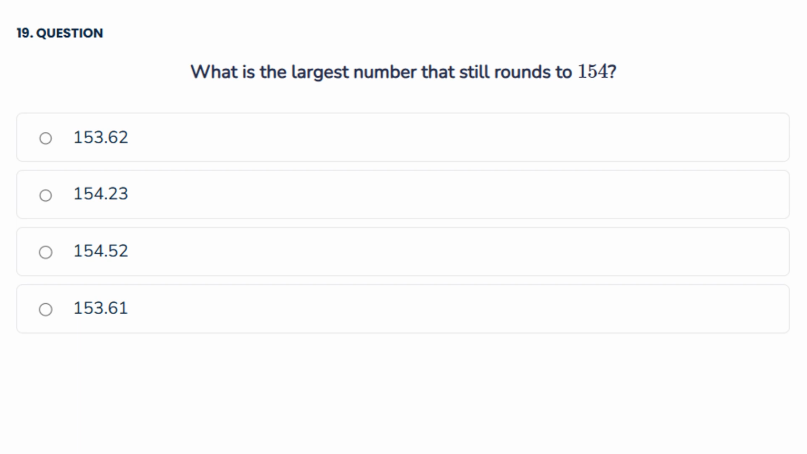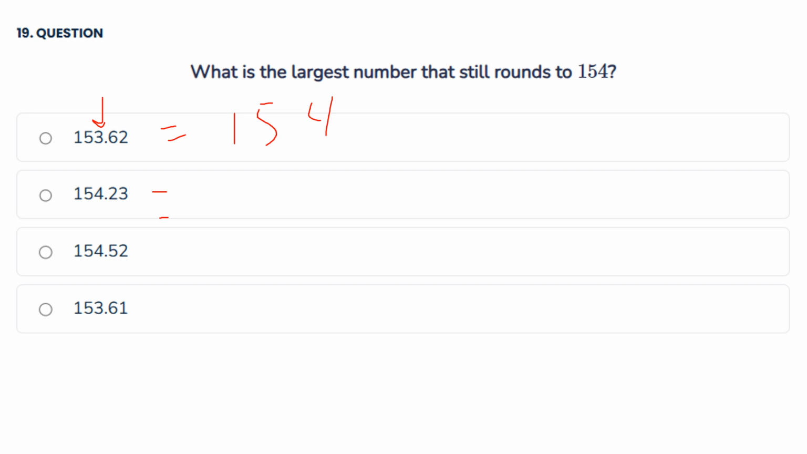So this first one, if we look at the number in the ones place, is a 3. That's a terrible arrow. Let's try it again. So we're going to look at this number here, the 3. And because the 3 is in the ones place, we look to the number to the right of that number. That number is a 6. So that means that the 3 will round up, and that will equal 154. And the next number we have